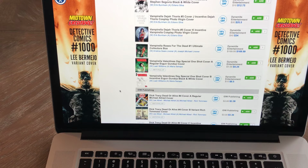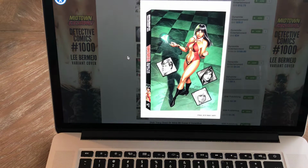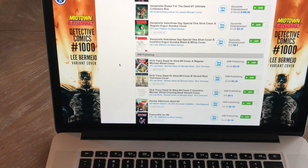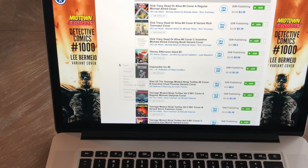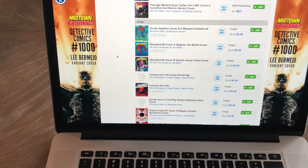Not really into Vampirella. I did buy the Roses for the Dead. There's a really nice Mayhew cover of that that I bought. It was a store exclusive type thing. I did buy that originally, but you know, the writing's not good on it. It was just purely a cover buy. IDW, didn't see anything in there that was of interest to me. Image,